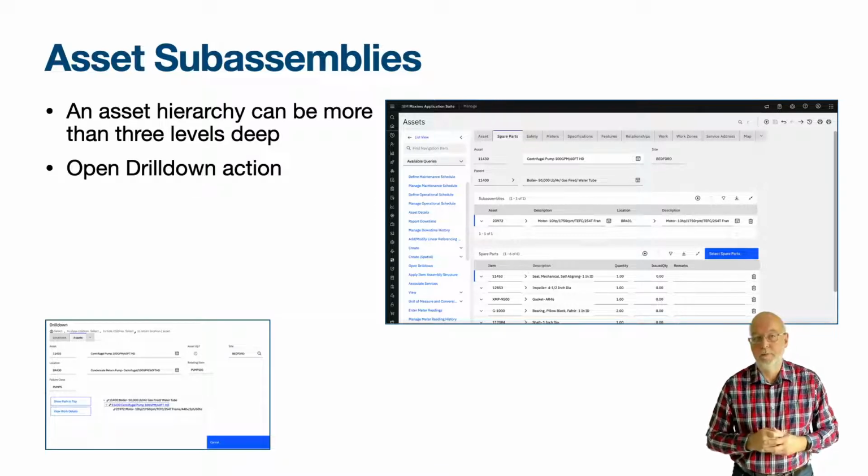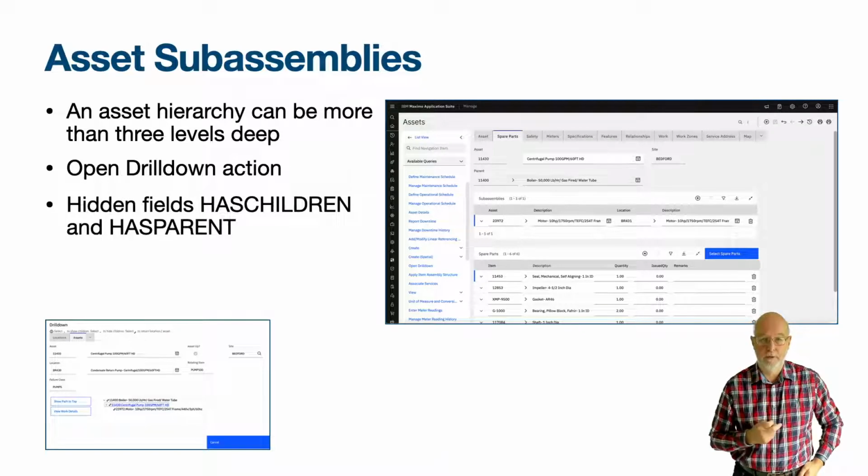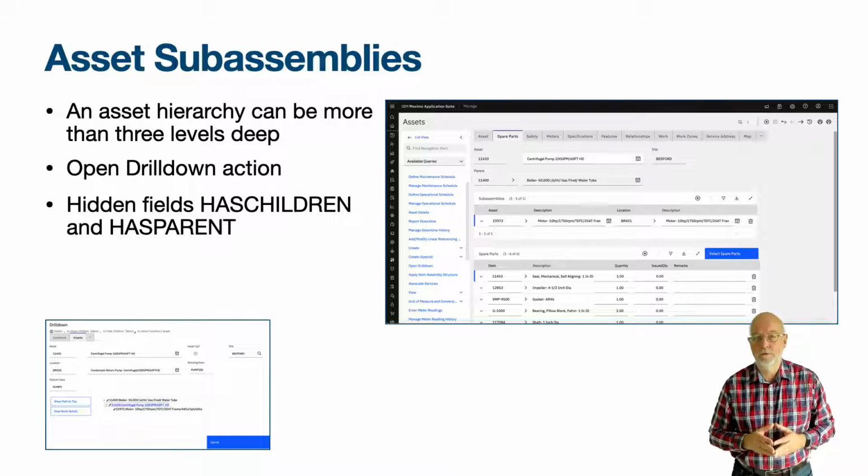As the Spare Parts tab only shows three levels in the asset hierarchy at any one time, then if you are using more than three levels for some of your assets, it might be worth considering adding two existing non-persistent fields to the application, Has Children and Has Parent. Adding the Has Children to the Subassemblies table window can save users from moving to the record to only find that it has no children. When looking up the asset hierarchy, the Open Drill Down action can prove more useful than the Has Parent field